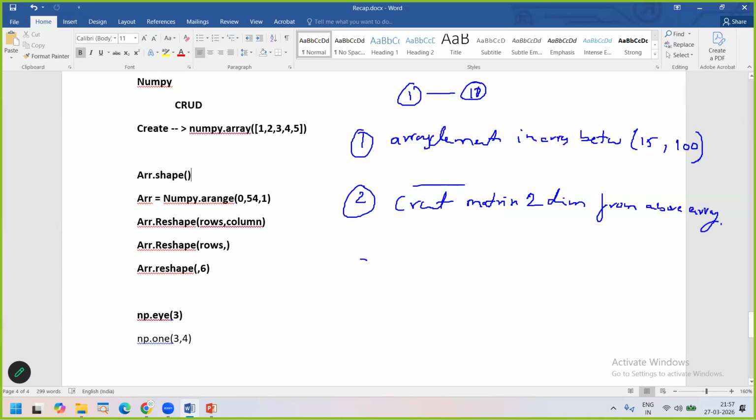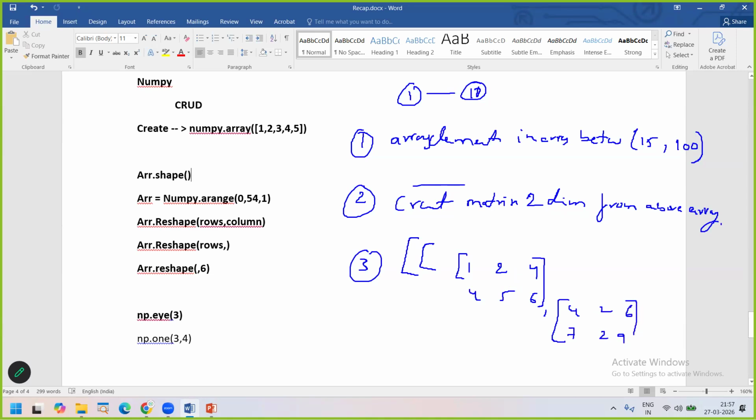Okay. Third one, I am giving a three-dimensional array. Take the three-dimensional array. Note down the three-dimensional array: 1, 2, 4, 4, 5, 6, comma, 4, 2, 6, 7, 2, 9. Okay. And then